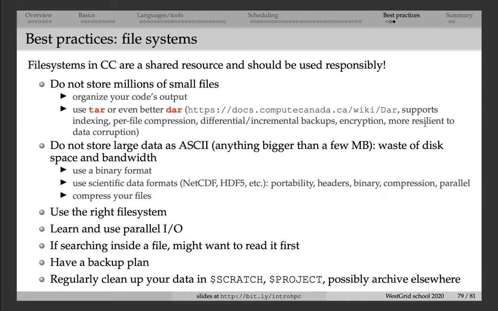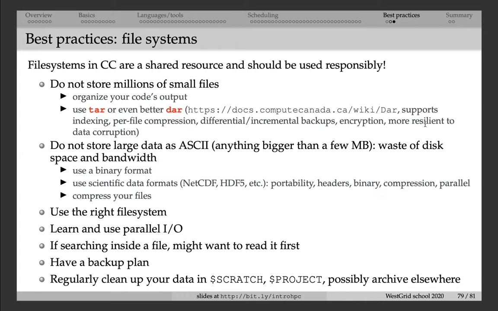Do not store large data as ASCII, as text-based output. This is kind of obvious, but unfortunately still a lot of people do that. And ASCII output is just not efficient. So anything beyond a few megabytes, especially if you're writing gigabytes and gigabytes of data, please do not write it as text, as ASCII, because this is just not efficient in terms of disk space usage and also I/O bandwidth. Please write this data as binary,